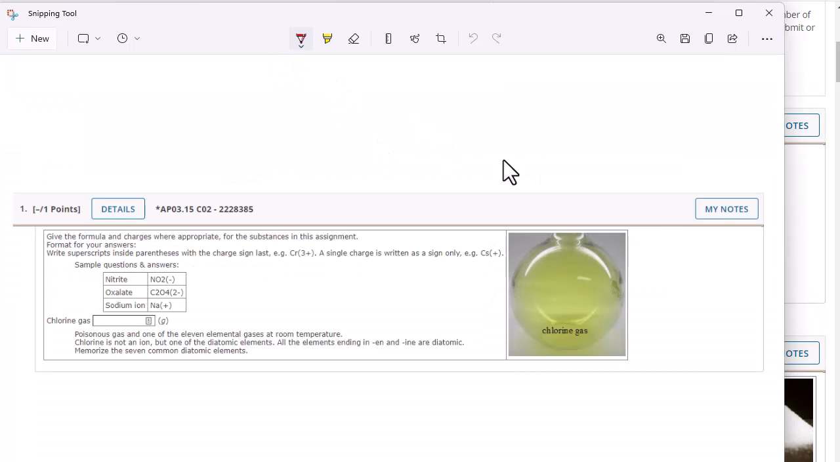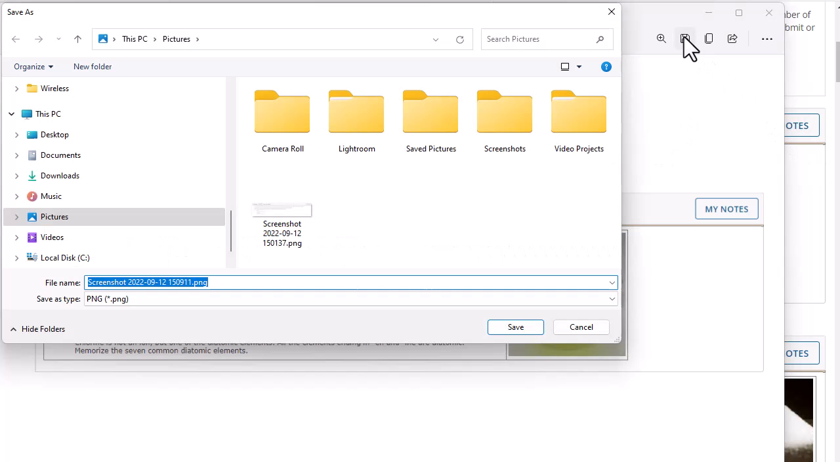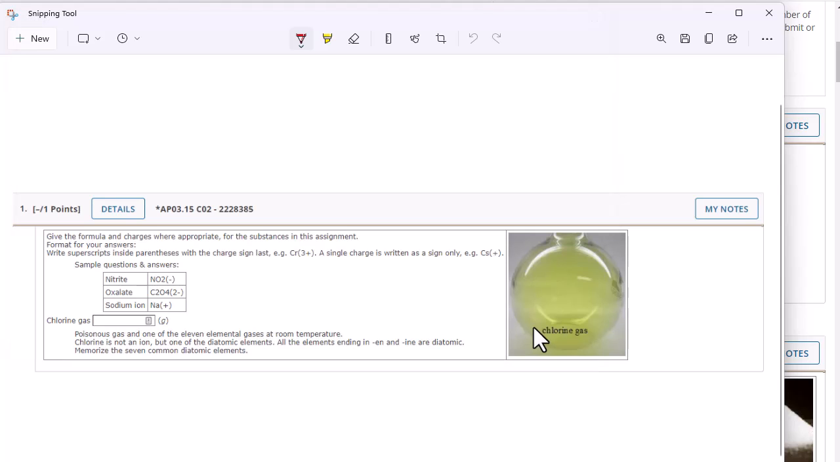Here, the Snipping Tool just took that image, and here's the question that we have. There's the image of it, and I'm going to save it to my picture folder. And here's this screenshot that I have. I'm going to save it, and it's there. Next, I'm going to be sure that I've